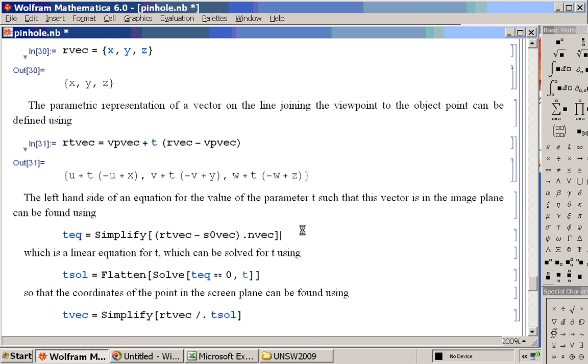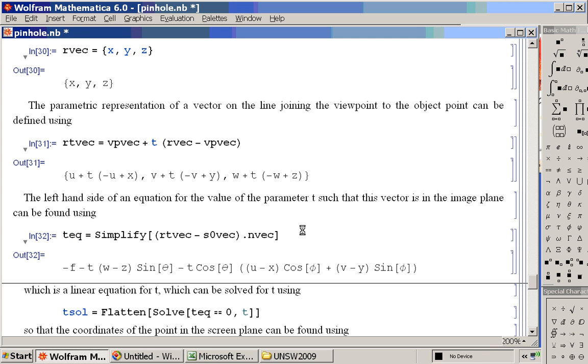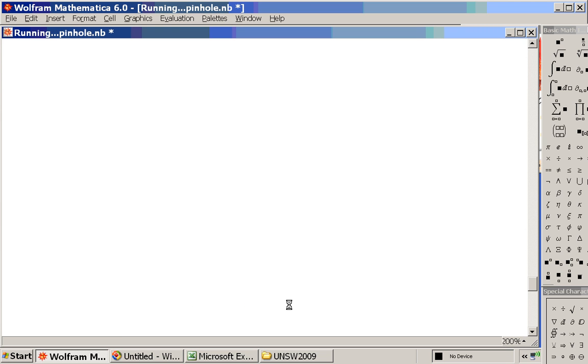So we compute that, and that gives me this equation, and you can see that it only involves linear values of t, so we can set that equal to 0 and solve that for t,